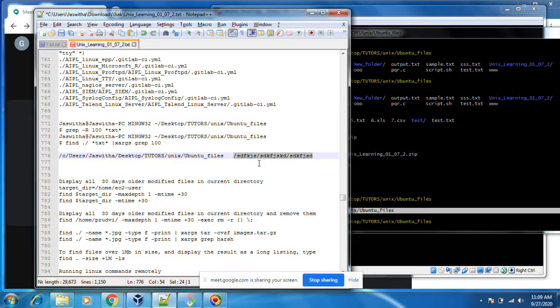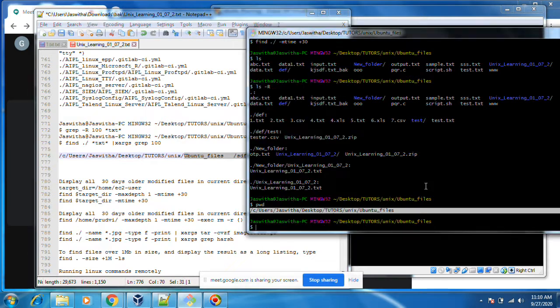If you do maxdepth 1, it will search only this. Maxdepth equal to 1 means it will search only these files and directories. If you do maxdepth 2, it will search one level more. Again, if you do maxdepth 3, it will search files in the next place like that.